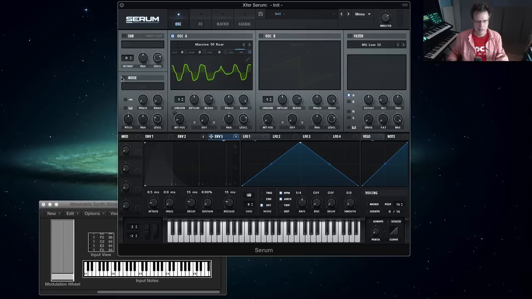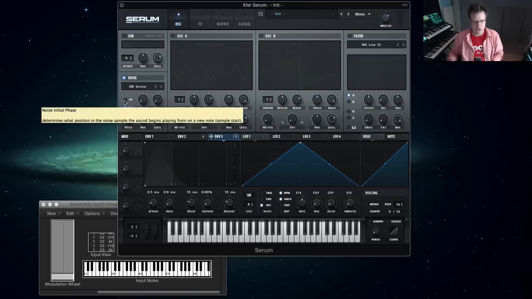So if we go to noise, and let's turn off oscillator A. Now to start with, it's noises, right? Different noises. Different types of drones. Here's your pitch. And again, the sample quality for the sample is awesome. Turn on the keyboard button if you want. Now it's in pitch. You can have it loop or be a one-shot,